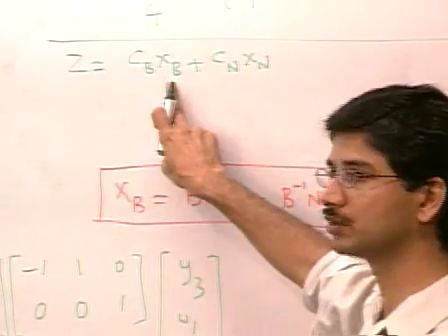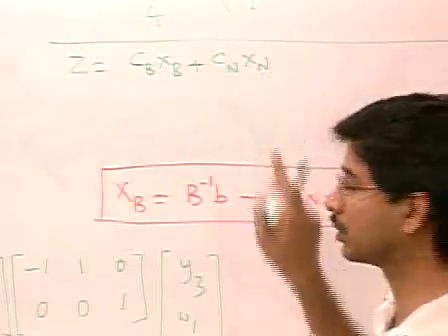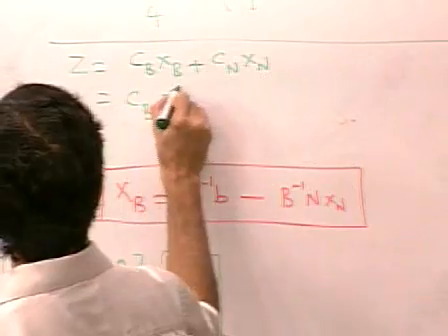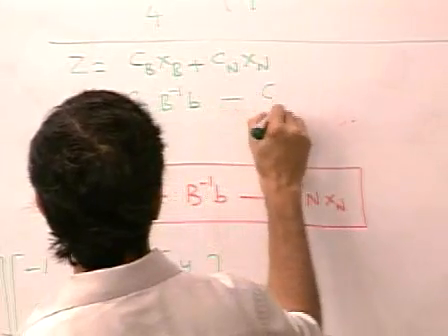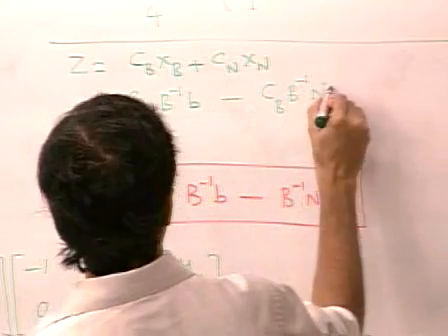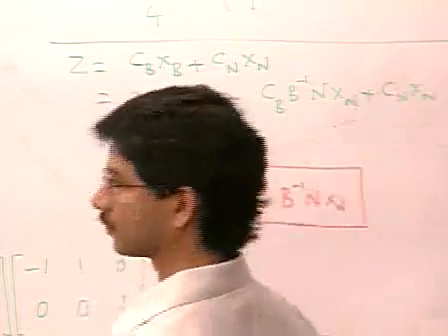Everything should be in terms of XN. So we use this expression for XB and substitute it here. We get CB B inverse B minus CB B inverse N XN plus CN XN, okay,